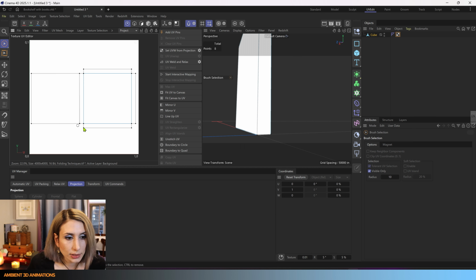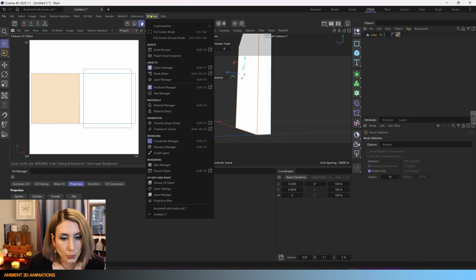Now I want an outline of these polygons, so that when I bring it into Photoshop, I know where to add the textures. So if you actually click on the polygons, you can outline them, and I'll show you how to do that. So if we go into Window and we click on Layer Manager,